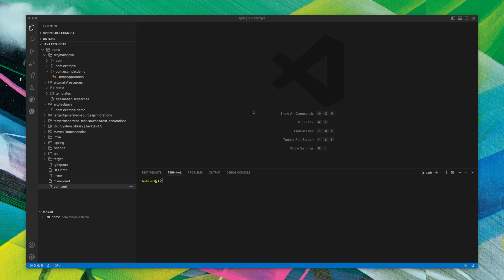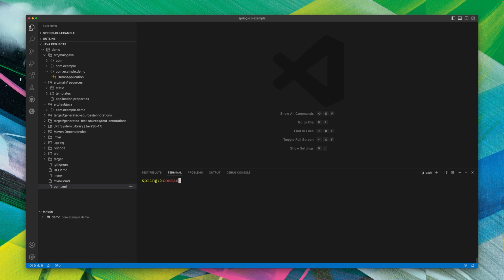Hi, I would like to give you a brief rundown of some stuff I'm experimenting with that involves the jMolecules library and the Spring CLI. I have the Spring CLI started in VS Code here and a standard Java Spring Boot web application. Nothing fancy. What I've been working on is some integration of jMolecules with the CLI so that